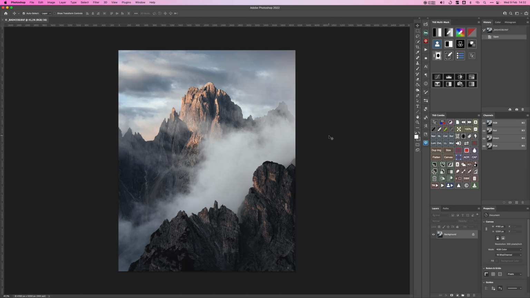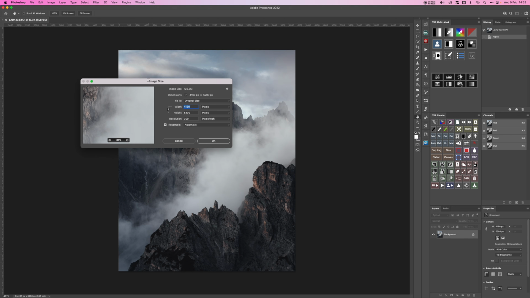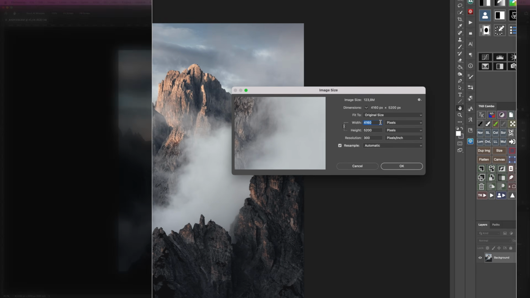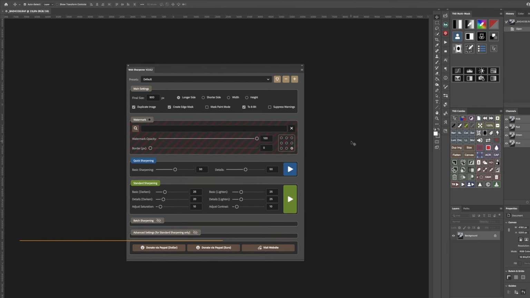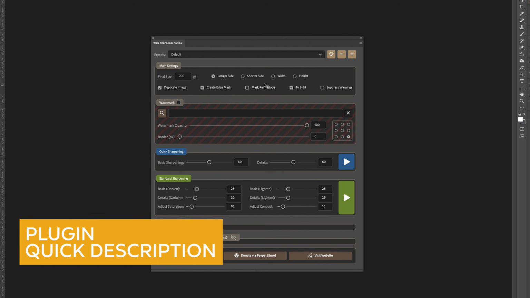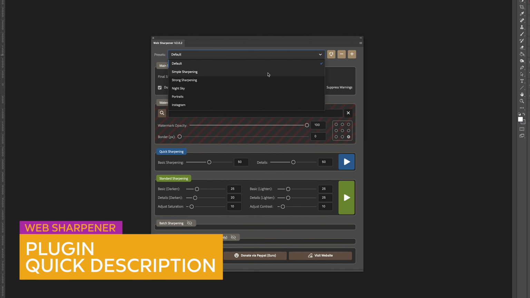Let's take a look at its native resolution by selecting Image on the top menu and Image Size. So, as you can see, the width is 4160 pixels and the height is 5200 pixels. That's nice. This is our panel, and at the top we have the presets drop-down menu